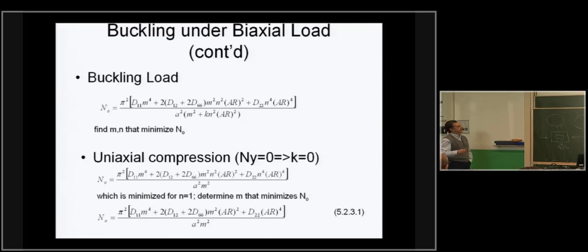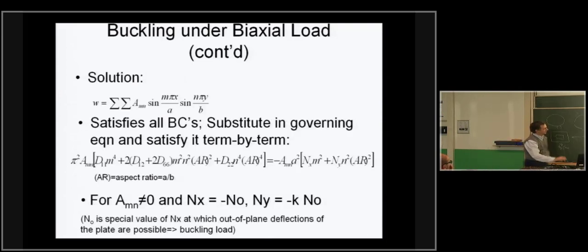And notice the M and N. Now those are important. Let me briefly mention them now, and we'll talk about them some more later on also. This is my M and this is my N. Sine M pi x over A basically means a function that between 0 and A just simply does one half wave if M equals 1. If M equals 2, then between 0 and A I will have two half waves, and so on. So the M and N is the number of half waves in the different directions, in the x direction and the y direction. So if I have a plate